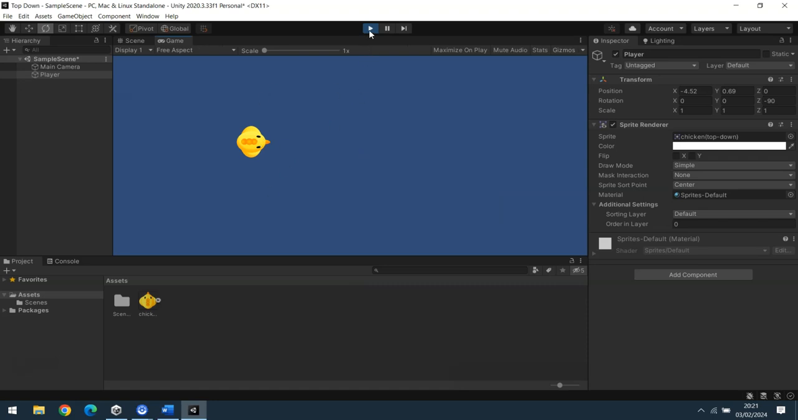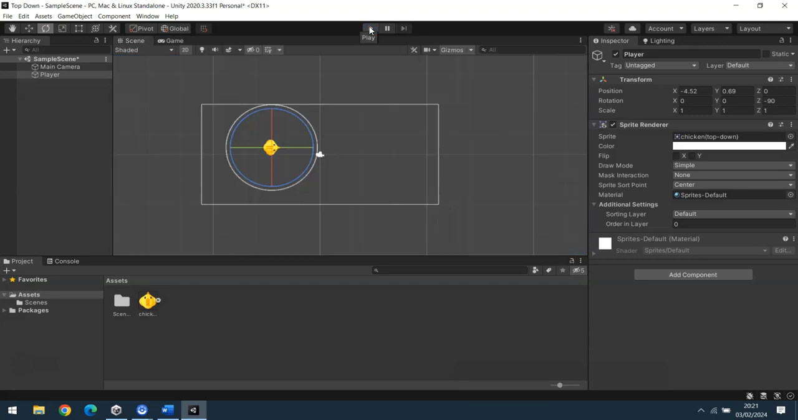And to stop the gameplay, and I can press play again. So the idea is when you press play, it brings you into the game mode, and then you can basically test out any coding or any changes you might have made. Now, before we do any coding, the one thing I actually want to do with my player,